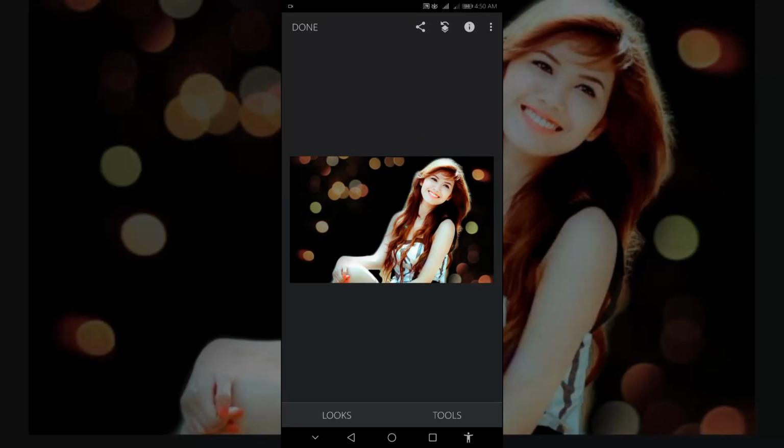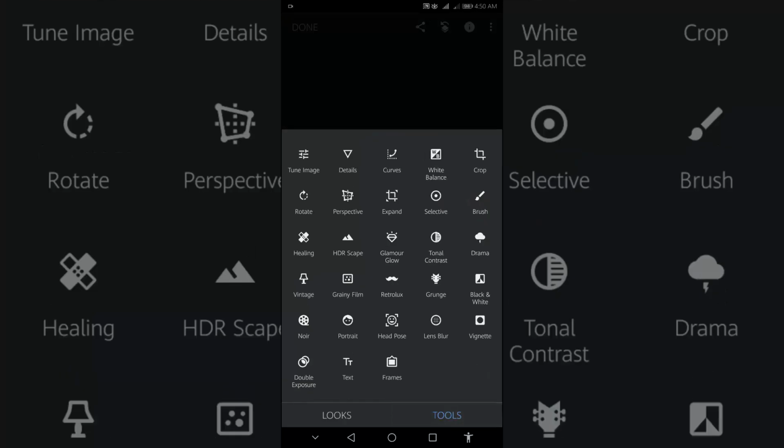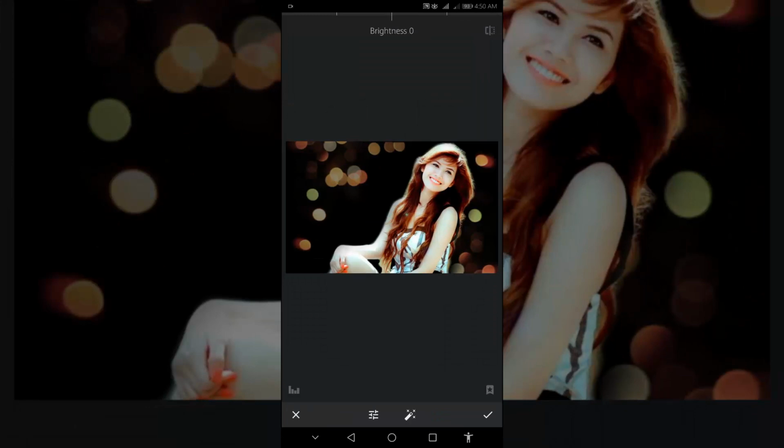If your picture wants some more adjustment, then tap Tools. Then tap Tune Image and retouch your photo as you want.